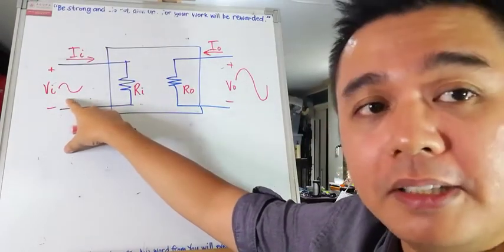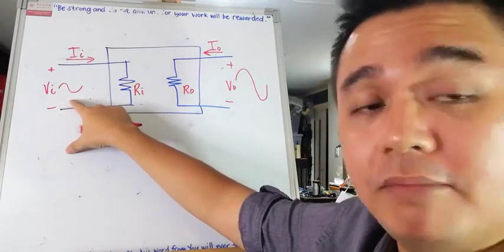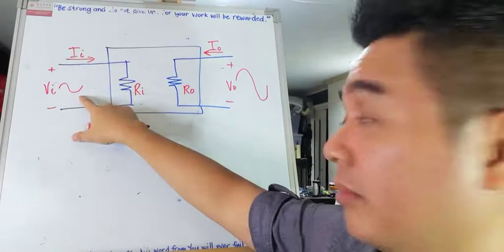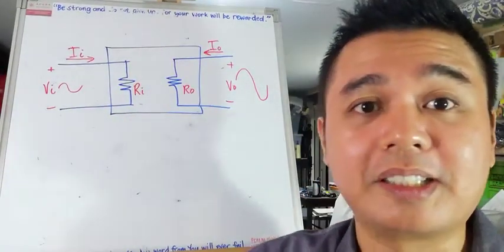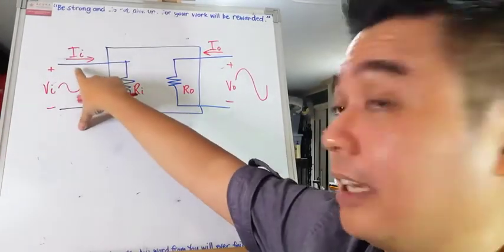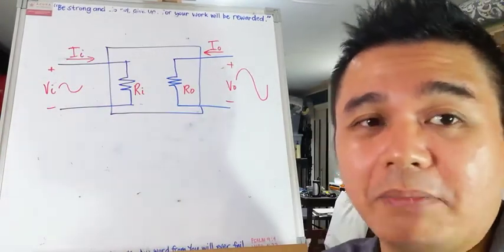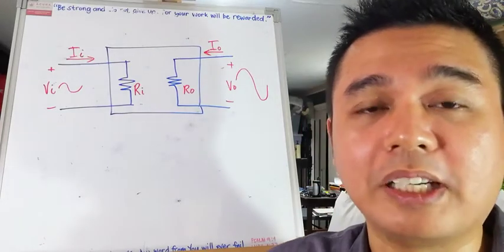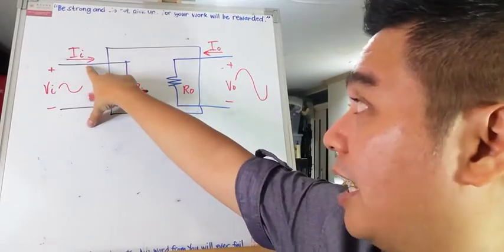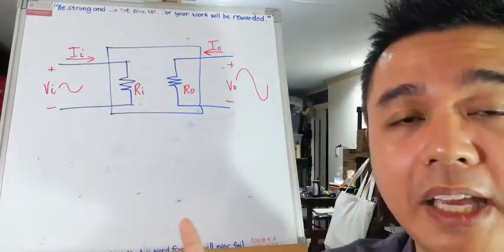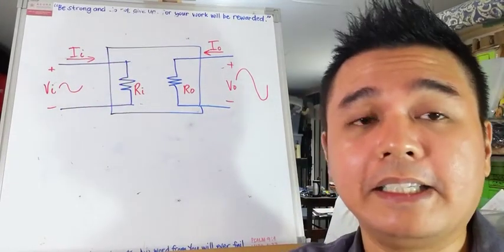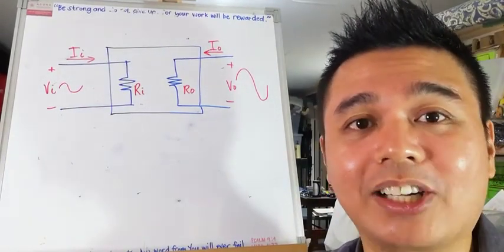We applied an input signal here at the input port. So this is called a port. The input port of our circuit. We applied it to the input resistance or input impedance. We will have, of course, a current. If you apply a voltage to a resistance, it will have a current if it is a closed circuit. So we have I sub I. Our convention with the AC model is that it is entering. Alright, so this is I sub I. That's the input AC current